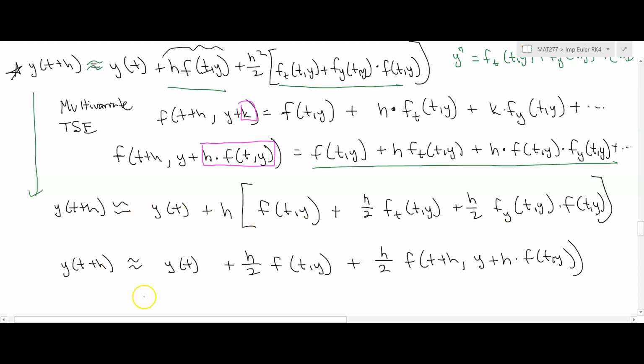Now if I factor out an h over 2 from both of these two terms,